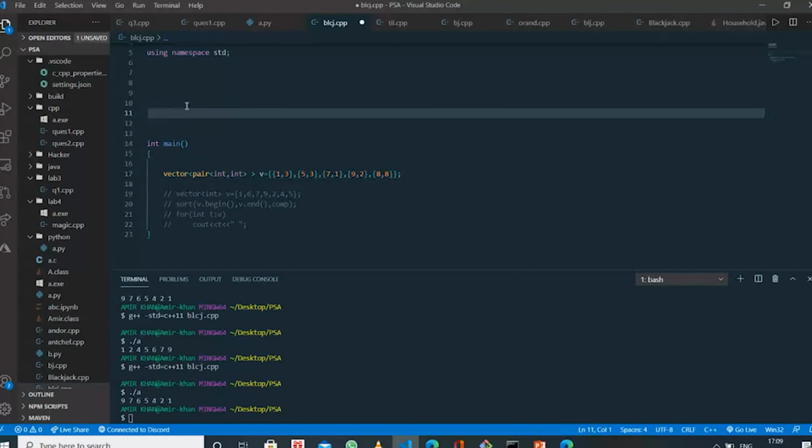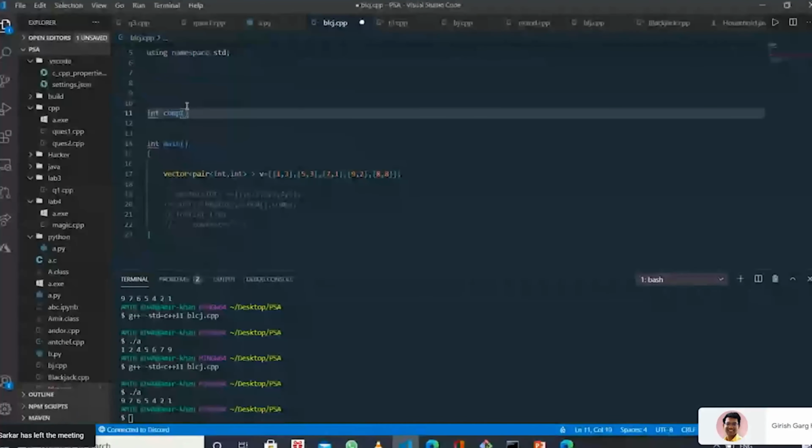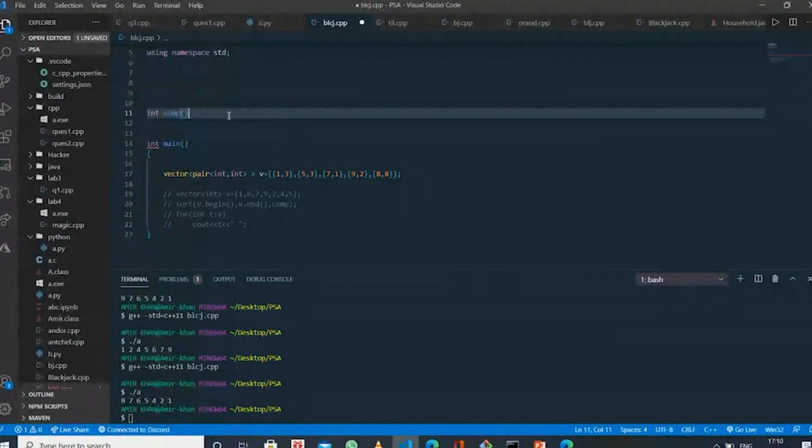It will return int from my function name. And what will be the arguments? Can anyone tell me? If I want to sort the vector of pairs, what will be the argument of this comparator function?